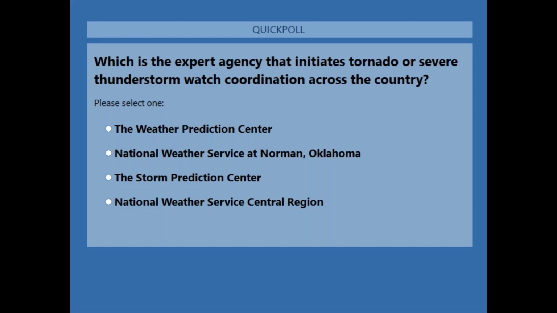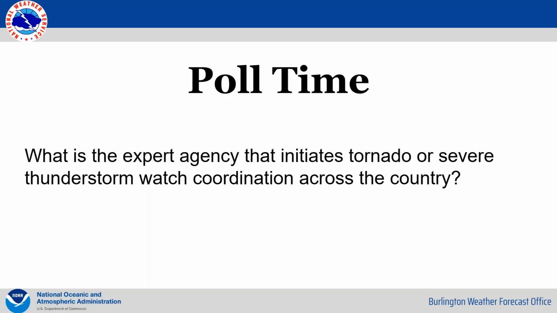So at this point, we've got 91% of the votes in, and we've reached about 3 minutes there. So I'm going to close this poll here. The correct answer for the agency responsible for initiating tornado and severe thunderstorm watch coordination across the country is the Storm Prediction Center. The fun fact with the National Weather Service at Norman, Oklahoma, is that it is